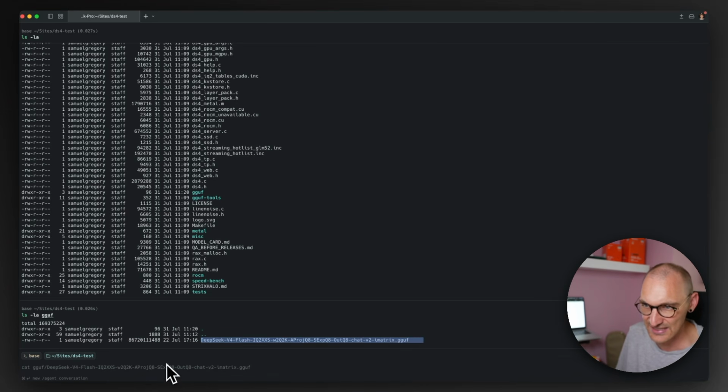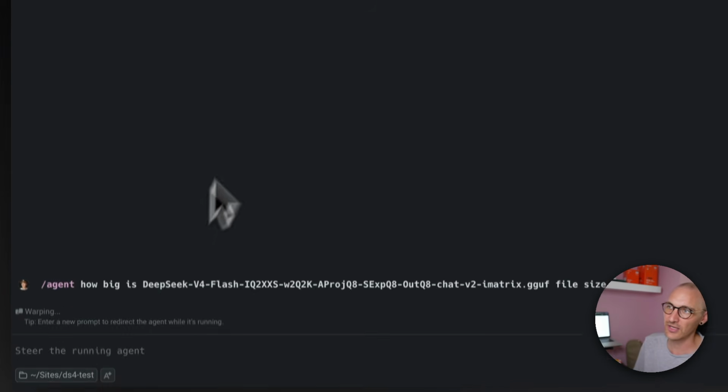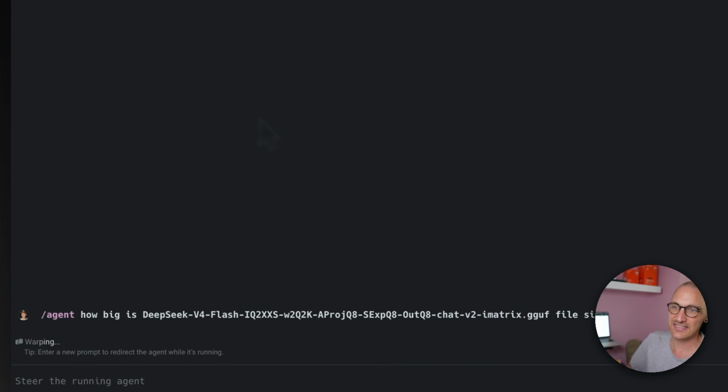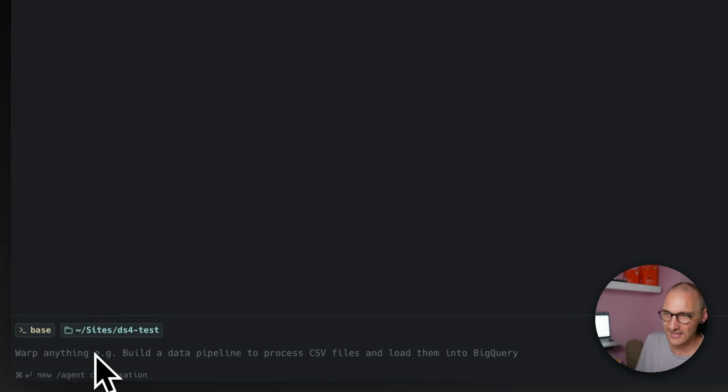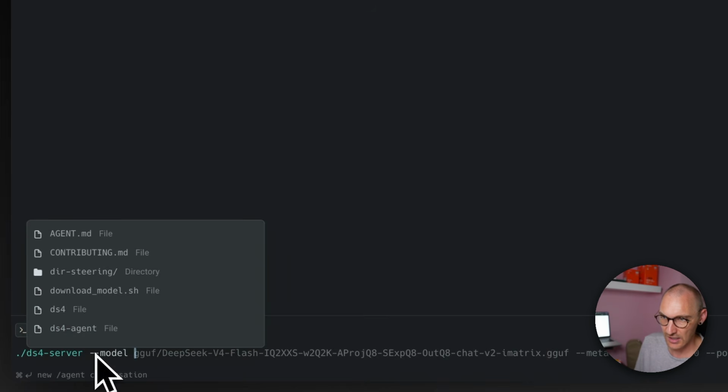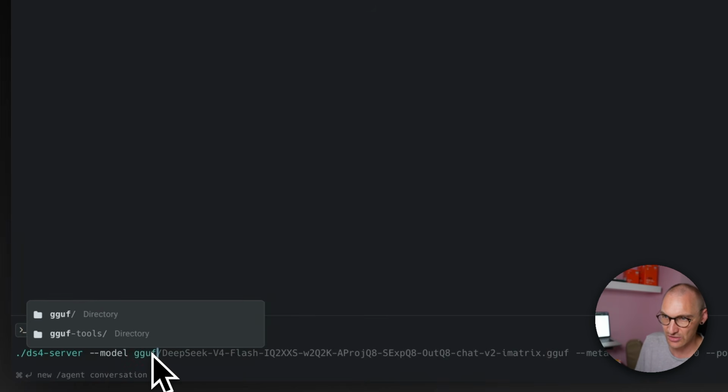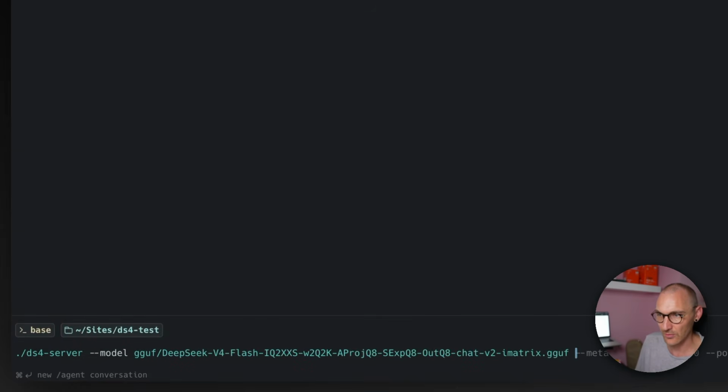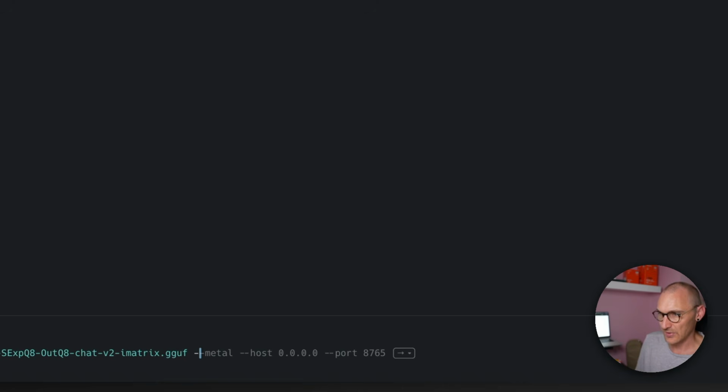Now, I'll just ask Warp Terminal here and it'll come back to us. It's basically about 80, 90 gigs, something like that. There you go, 86 gig. And with that made, now we can run ds4-server. If we pass in the model and a link to the GGUF folder, and then the actual model name that we downloaded, pass in Metal because I'm of course on Metal, and I'm going to run it on host